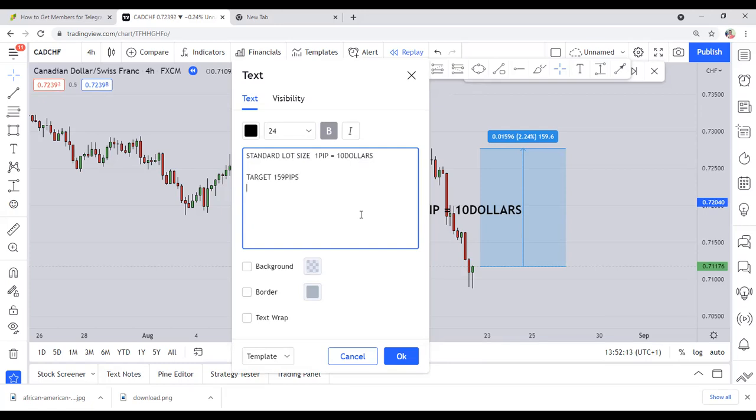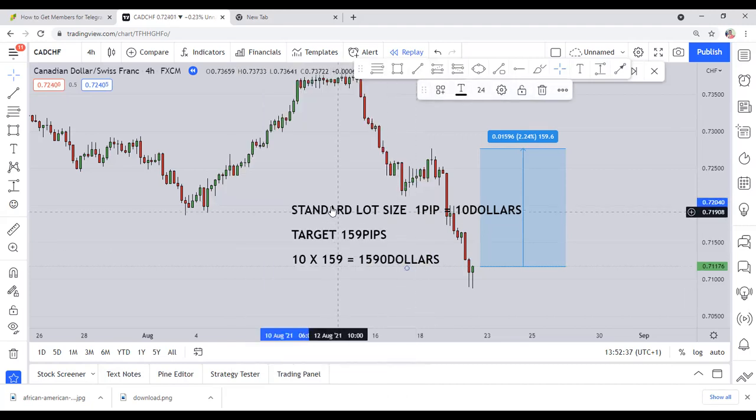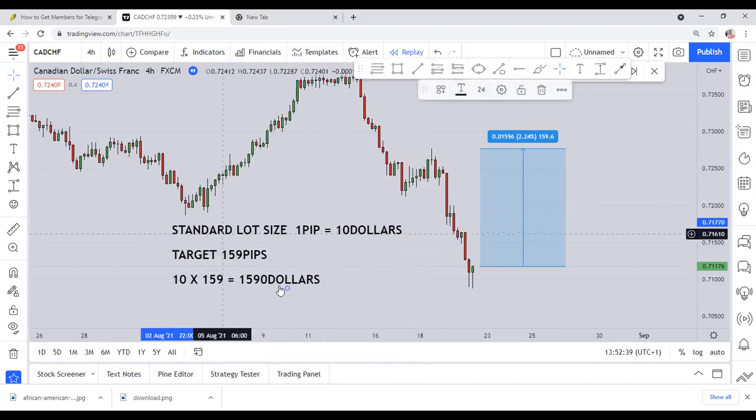So what do we do? We multiply 10 times 159, which will be equal to $1,590 profit if the market goes towards our direction. This is what we start to make. We start to make